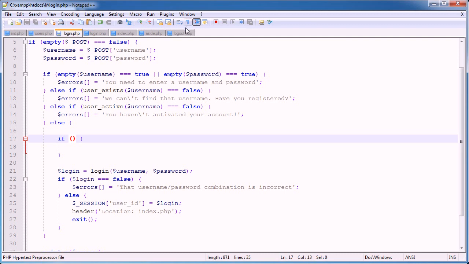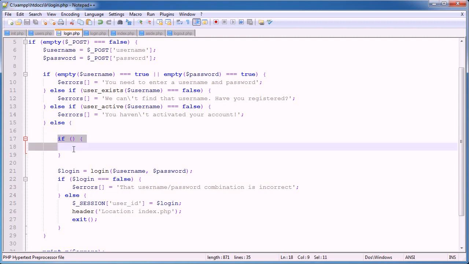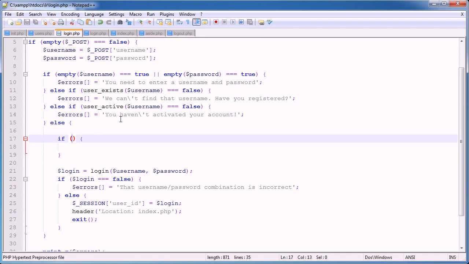So we might not enter a username in one field, we might get to this stage where we say else, and then we have more than one error. So we might have a long username or long password, and the username and password combination might be correct. So what we're aiming for here is to have a string length check, and we're going to purposely enter the incorrect username and password. So I'm going to say if string length, using the string length function, of the username,